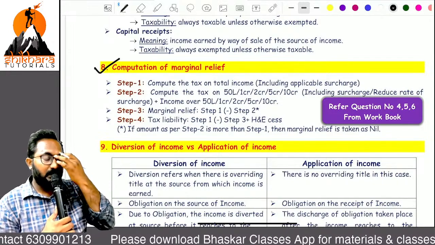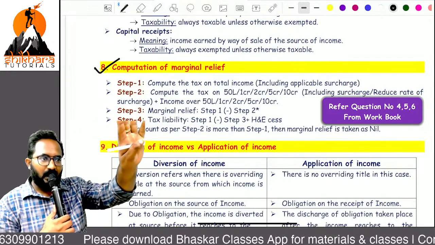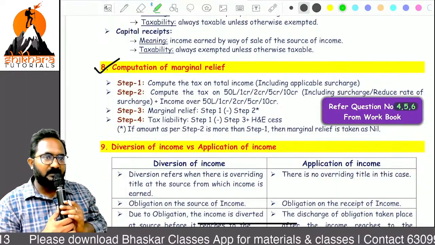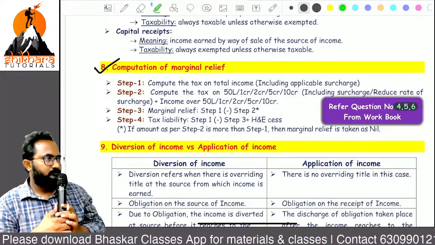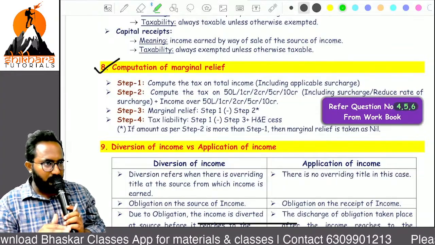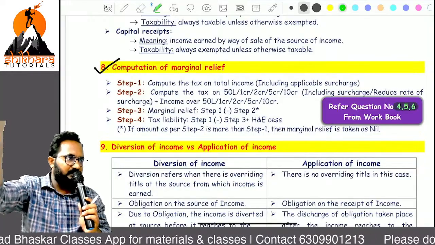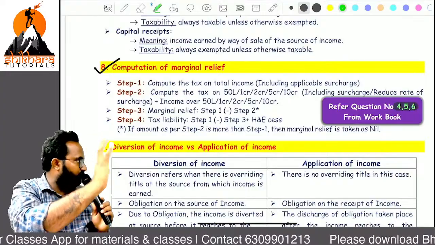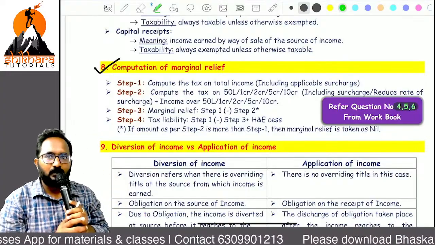After that, sir, rebate related we have 3 questions. After that 4, 5 or 6, so these 3 questions are related to marginal relief. Sir, I have not given them in jumbled order, just directly. So concept-wise I prepared that question bank, with cross reference for every question given in the concept book.